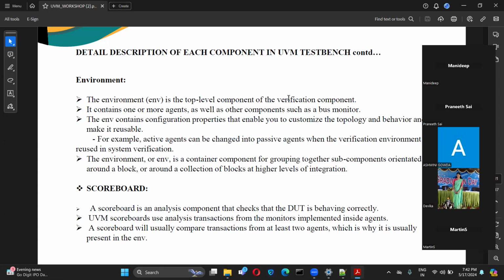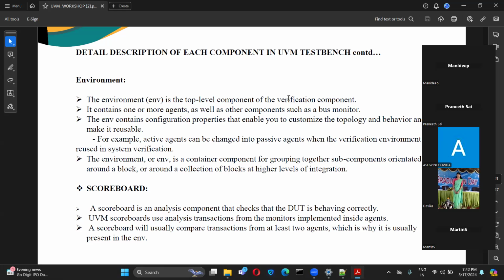And I have a doubt. What is the doubt? Ma'am, if my driver is accepting two different transaction items, how will I write the get next item method? We haven't discussed that yet, right? The driver sequence flow, so far what we have discussed, do you have any queries? No, ma'am, I don't.